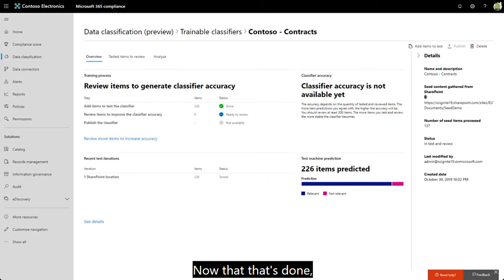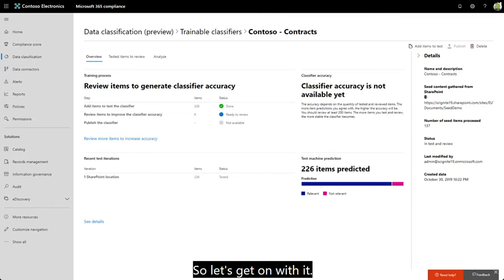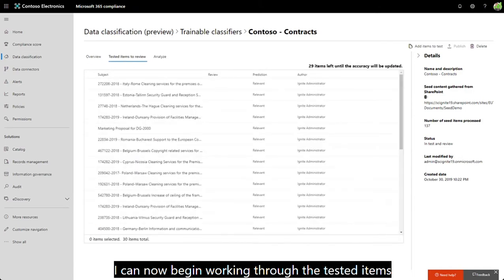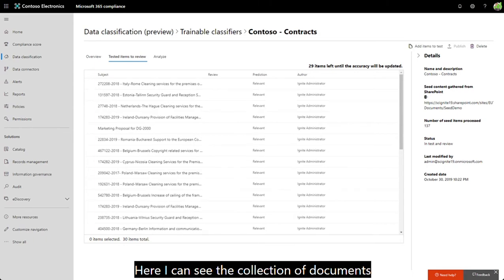Now that that's done, the model guides me through further refinement by providing an opportunity to review items. So we can see here that I'm now at the review stage, so let's get on with it. I can now begin working through the tested items to review section. Here I can see the collection of documents I've been